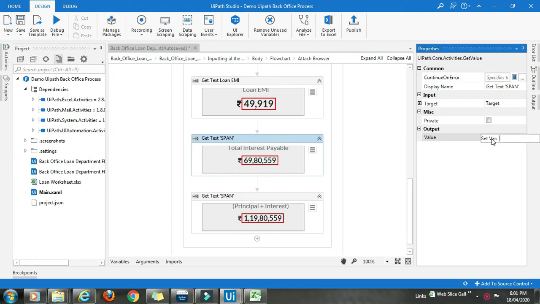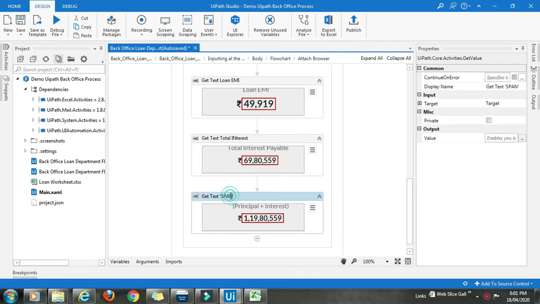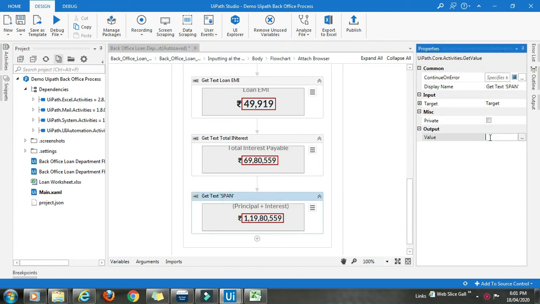Again, output for total interest, change the name, and total amount.